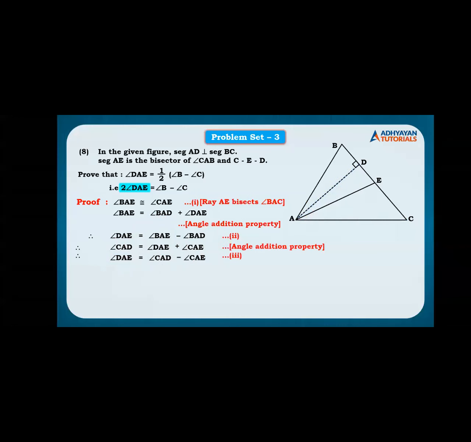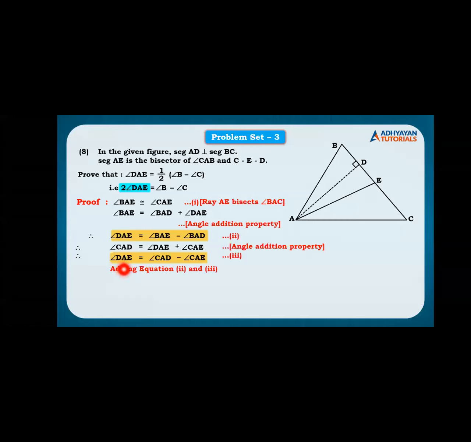Now look at equation 2 and equation 3. The left hand sides of both are equal, right? So if you apply the logic that the right hand sides are also equal, you won't benefit out of it. There is no benefit. Because if you look at the required part, it says we need 2 times DAE. So in order to get 2 times DAE, we have to add DAE and DAE. That means we have to add equation 2 and equation 3. We don't have to compute them. We have to add them. I hope that is clear. Yeah. So we add equation 2 and 3.